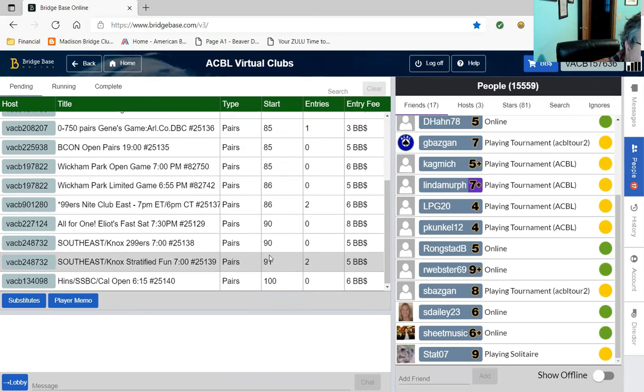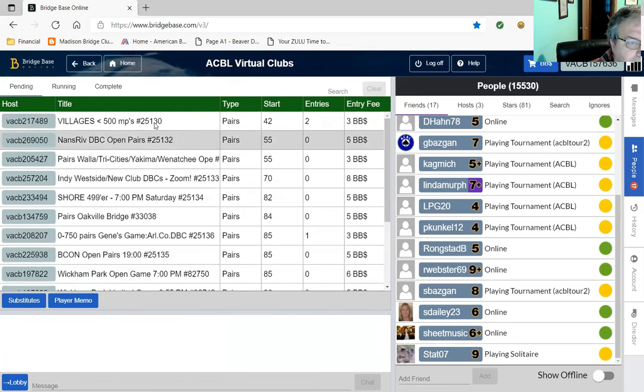And that's the important thing that I use this page for, is to see the entries. See this game here, which is 90 minutes to go, has 2 entries. Which is a huge amount actually for 90 minutes, because normally people don't register till 20 minutes to go or less. Now, go all the way up to the top to see those are the ones with the shortest